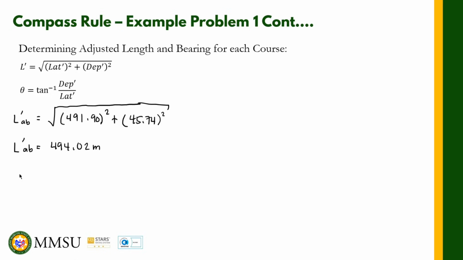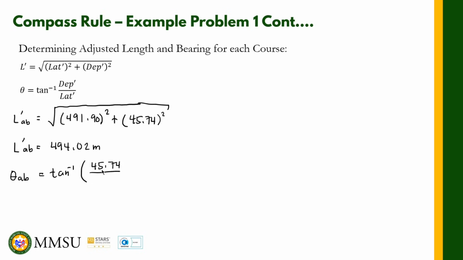The adjusted bearing of AB, okay, ano yung ginamit natin na kanina dito? Alpha. Okay, so the alpha of AB is equal to the inverse tangent of negative departure over latitude. Theta pala ang ginamit natin dito. Palitan natin itong na to. So theta AB. Theta AB is just equal to the inverse tangent of the corrected departure, which is equal to 45.74